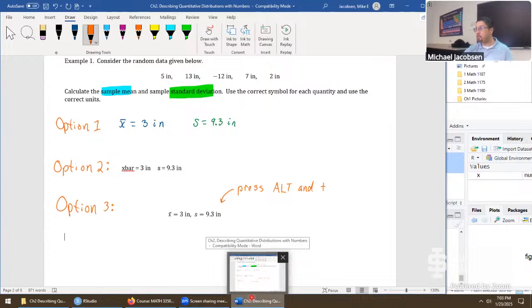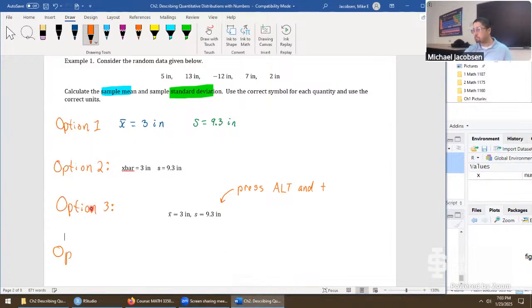And the last one I didn't put down here is option 4. Writing out the results using pen or pencil and paper works just fine as well.